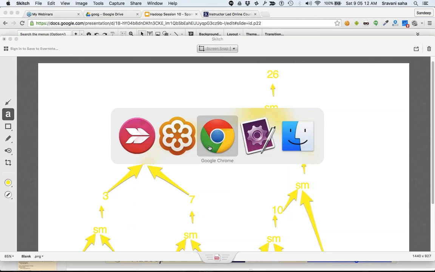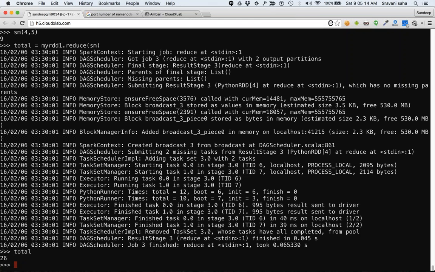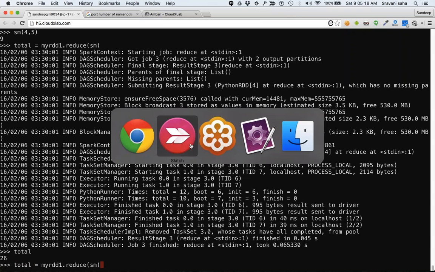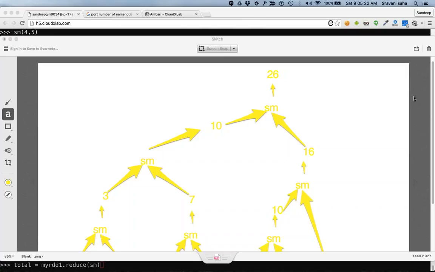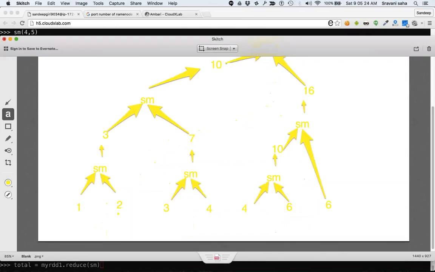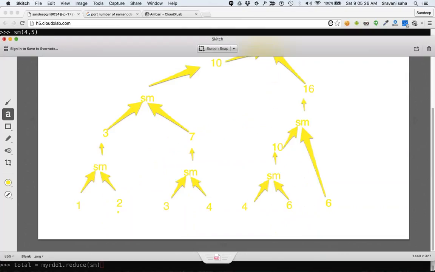Okay. So the way we did it here, you see, 26 came in a single shot, the same way we did it here. So why this whole drama about applying the same function again and again? Why couldn't we just get the whole array and do it in a single shot? We could have just iterated over the values and computed the sum, right? The reason is